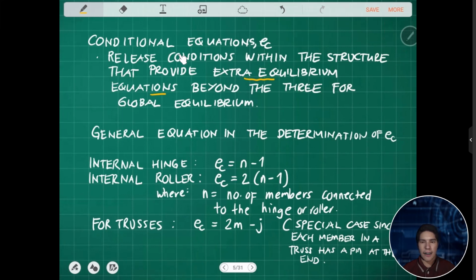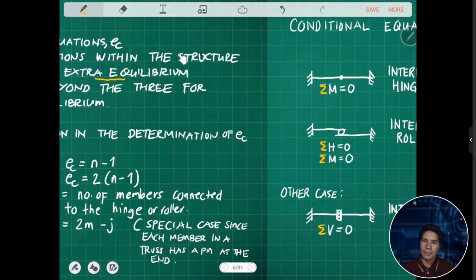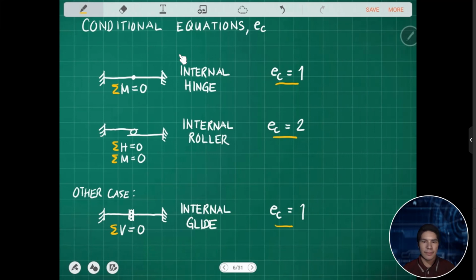So the conditional equation for a truss is 2m minus j, no? m stands for the number of members of the truss system, and j is the number of joints of the truss system. Okay,